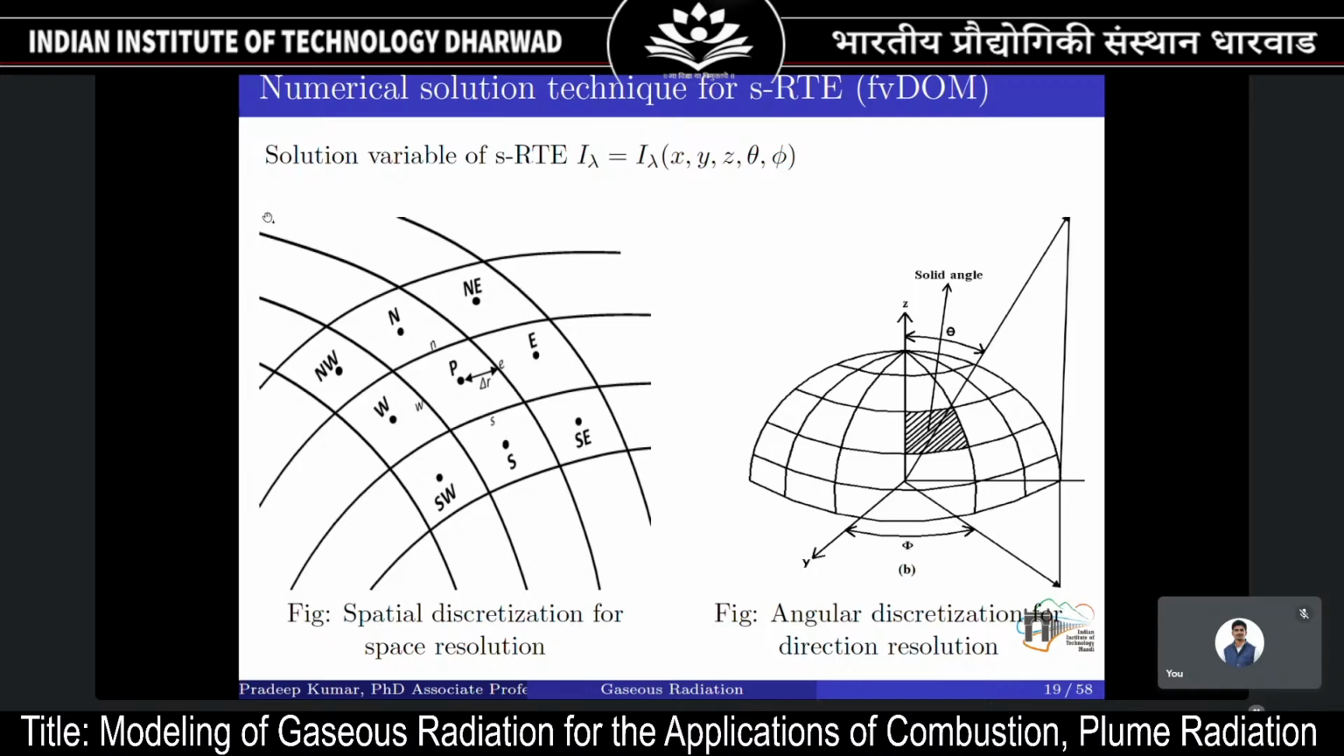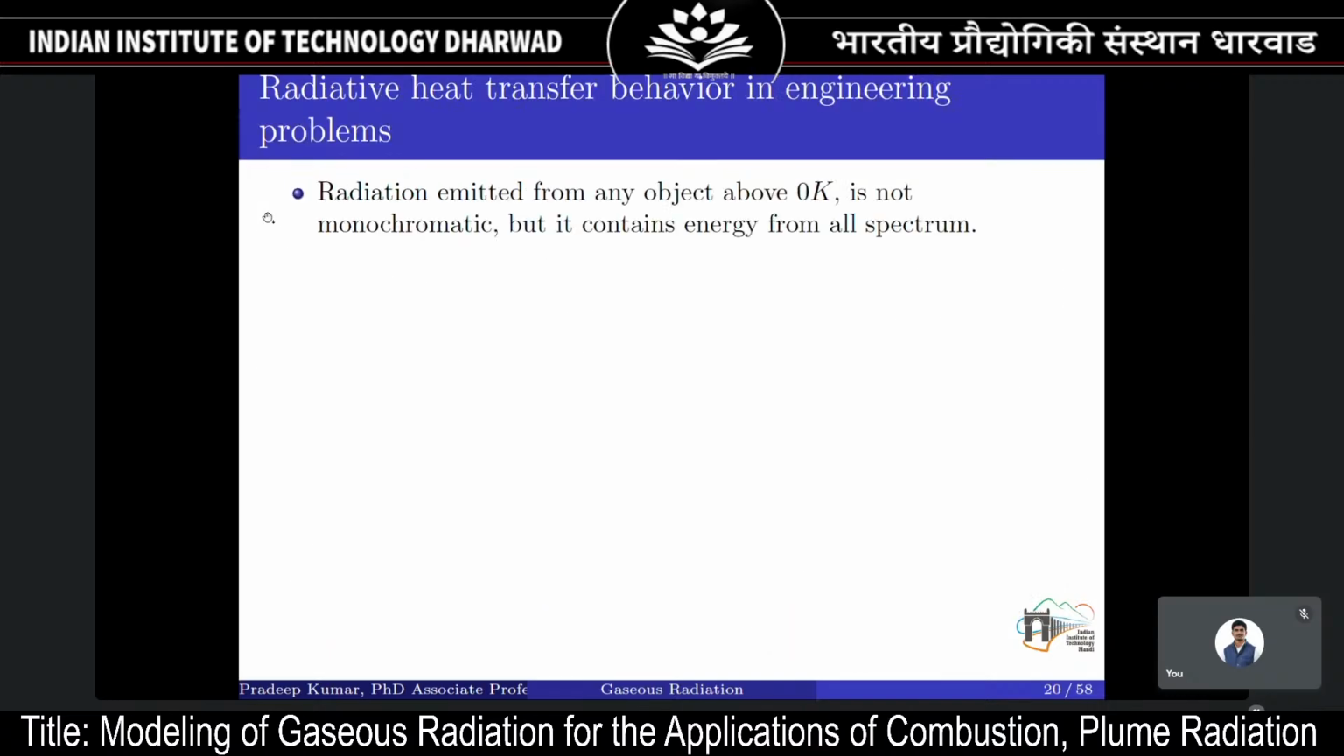Now you also have to resolve the spectral dimension, so a third discretization is required. So basically you require three levels of discretization for solving radiation. Okay, but before taking it to any problem, let's look at some behavior of the radiation in any